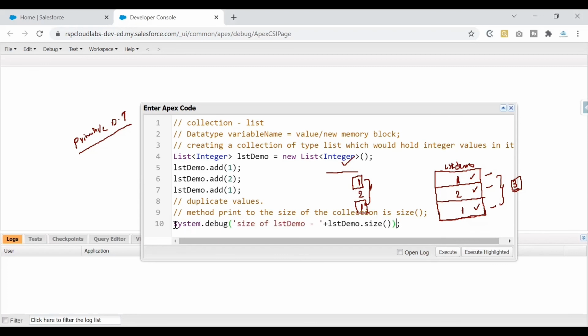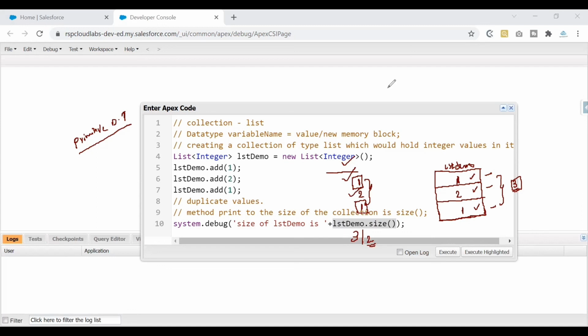So now, if you see, we have written a debug statement saying that the size of LST demo is this one. If everything that I've taught you is true, it would return 3 here, instead of lst.size. If that is not the case, if the list does not allow duplicates, it would return 2. So what are the unique values here? 1 and 2. Now pause this video and put in the chat window what the size of the LST demo is, your answer. If you think it is 3, put 3 there. If you think it is 2, feel free to put 2. In 3, 2, 1, I'll reveal that.